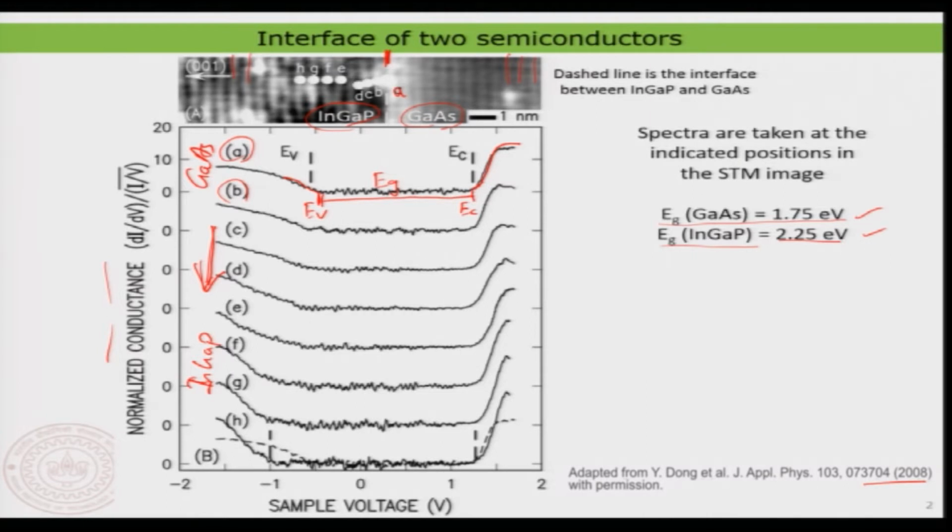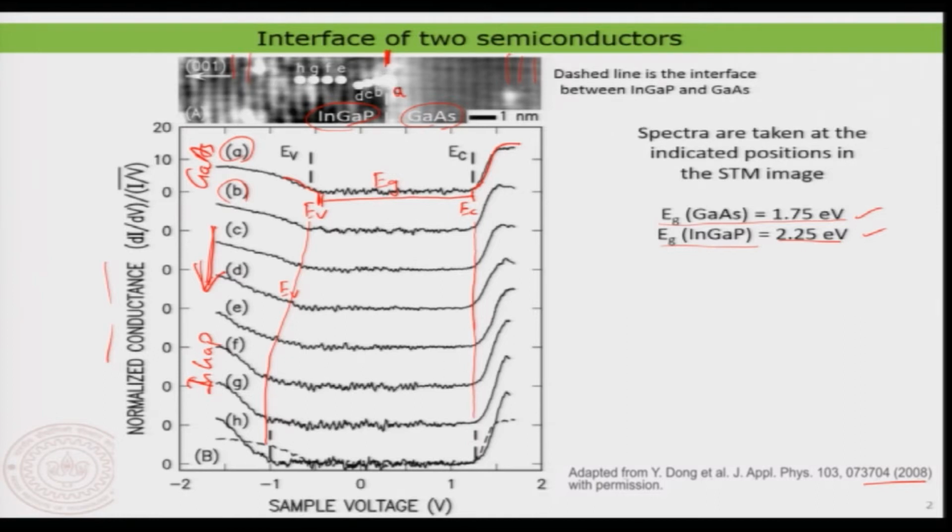But now, when you start measuring the spectrum at each different lattice, moving into the indium gallium phosphide, what you find is that the band gap is slowly widening. Yeah, so that is what you can basically see. If I would draw a line like this, you can see slowly the band gap widens like that. Yeah, but what is very, very interesting to notice, so this is particularly the valence band edge. Yeah, so the valence band edge is slowly moving or changing, but the conduction band edge is almost aligned throughout the interface. Yeah, that is quite interesting.